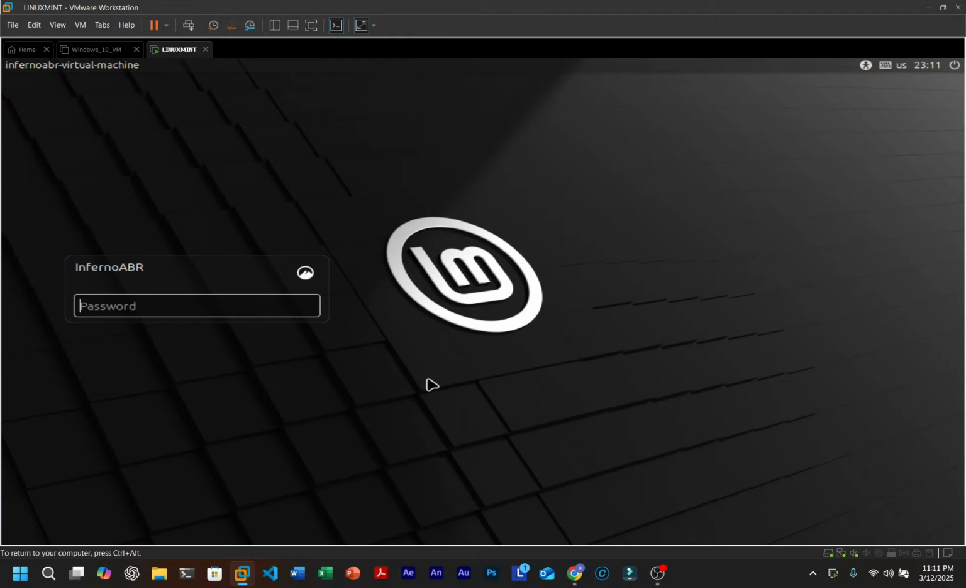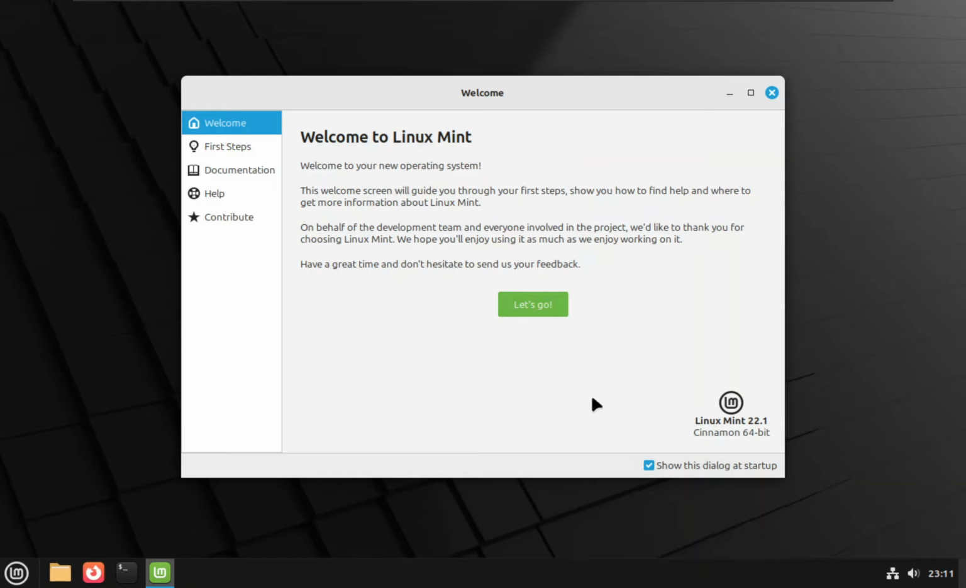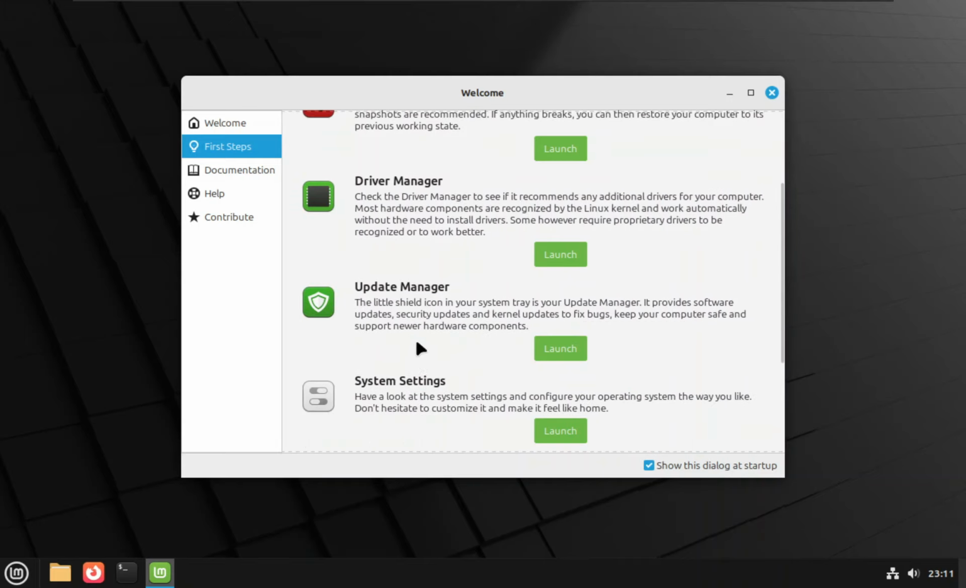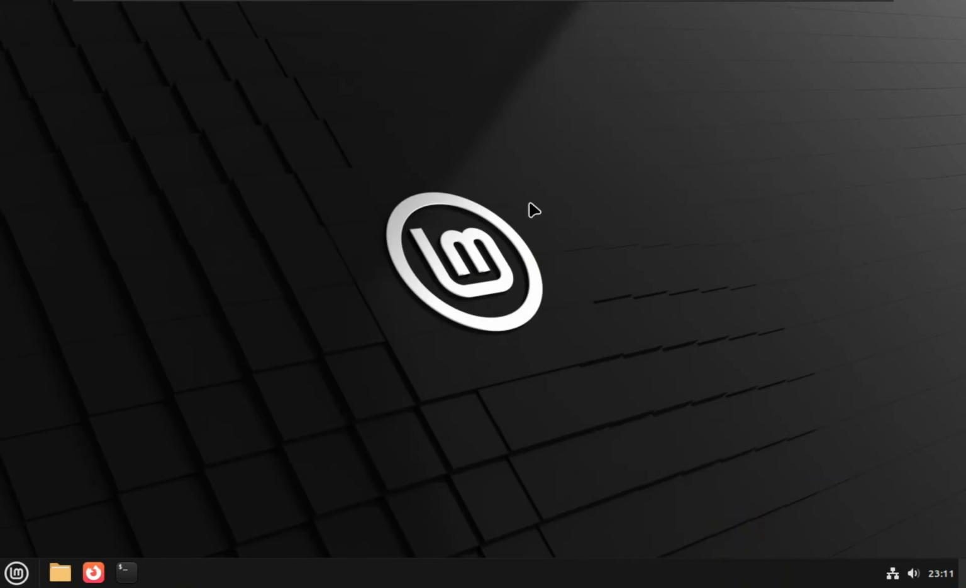Okay, now they will start the device. I'm not feeling too confident about this, but let's see what will happen. Oh, we're here, and now the password we set. Just enter the password, and now we're at the Linux Mint system. Okay, now click on the Let's Go button. We don't need all of them, so just click on the exit button, and now go